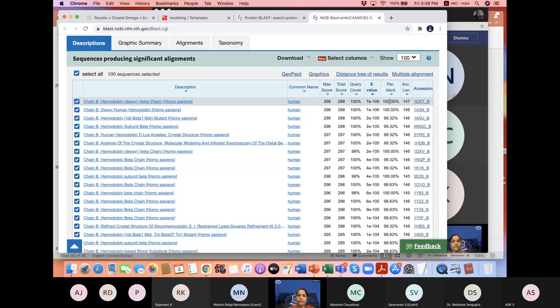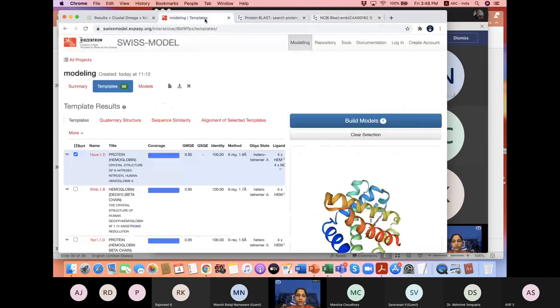Which means that we already have a crystal structure for that particular chain B of hemoglobin. So now what we would do is, we will just go to modeling templates.